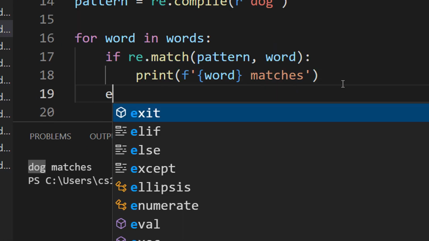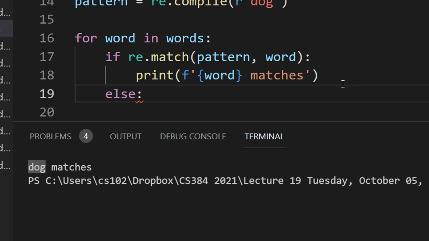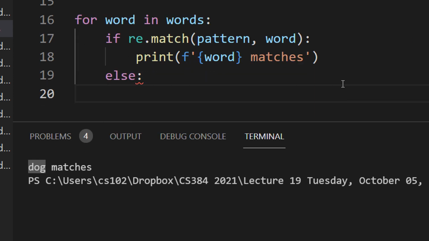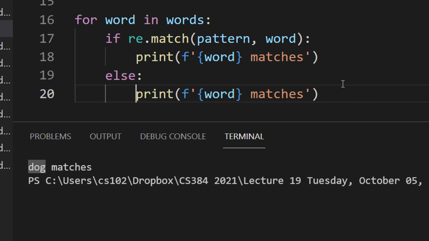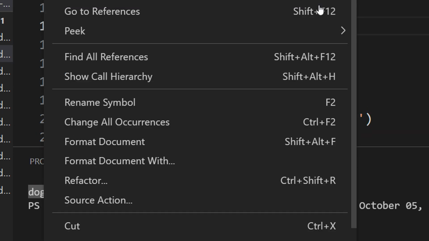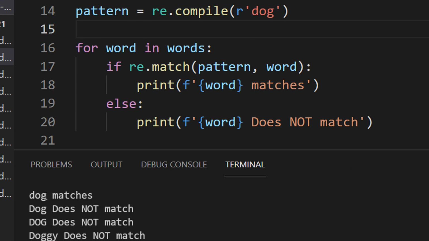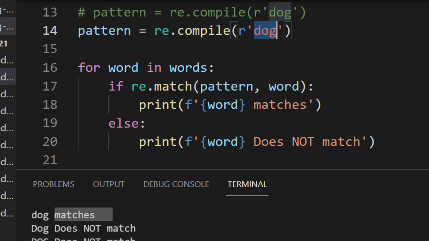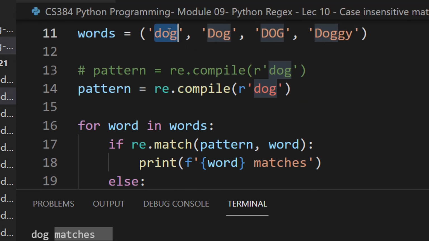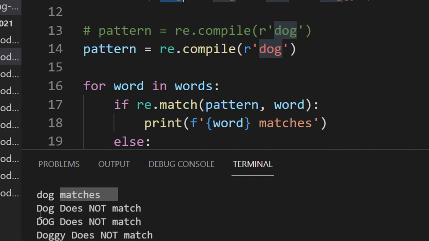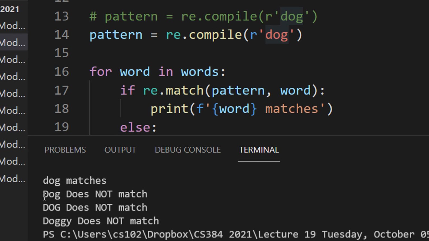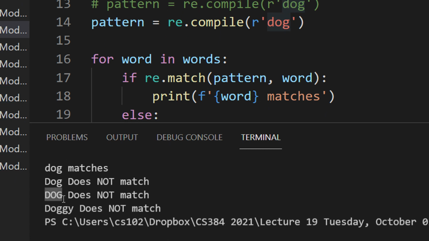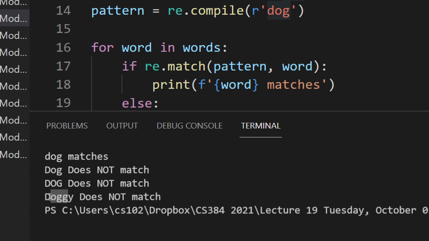And else we can just print does not match. So you can see dog has matched because it is the exact string. It is in lowercase and it matched with the lowercase dog. But Dog did not match because the D was capital. DOG is completely capital, so it does not match. Again, doggy does not match.